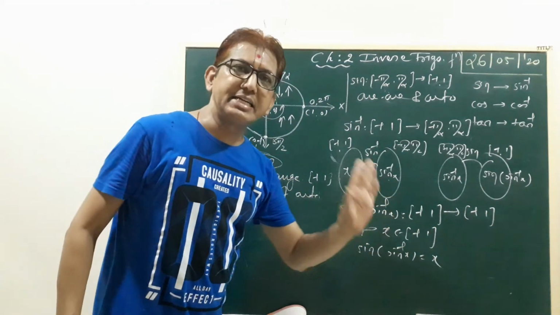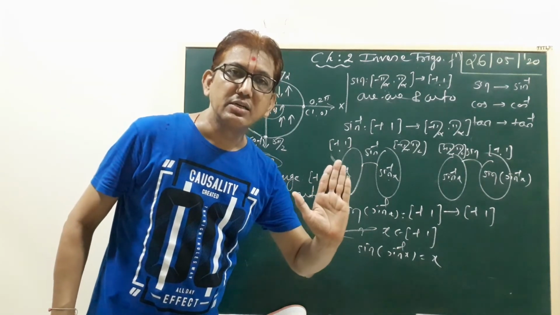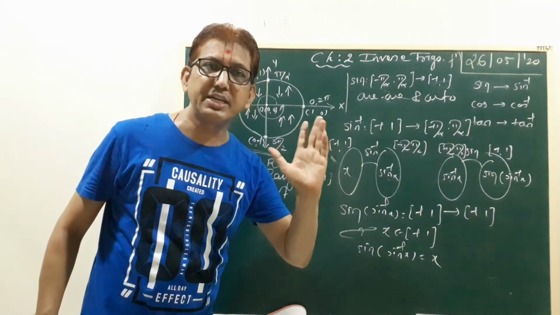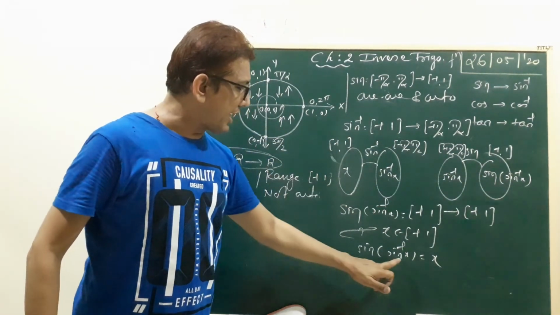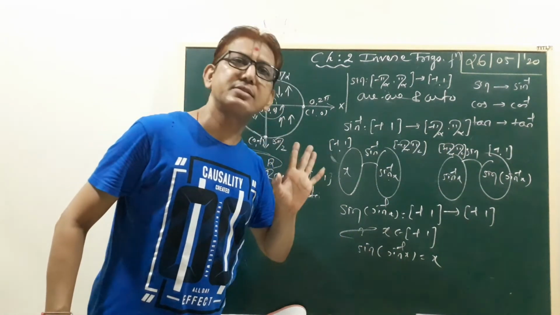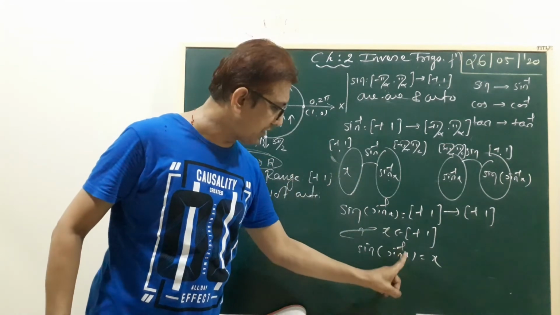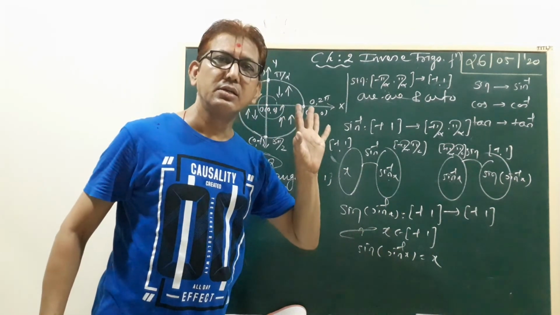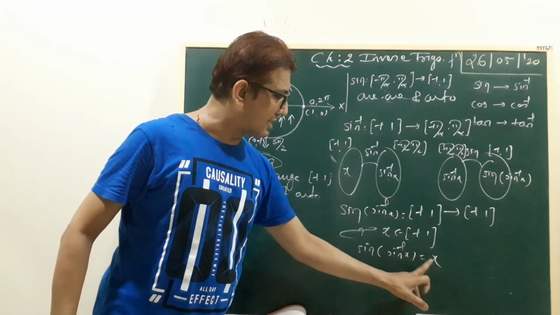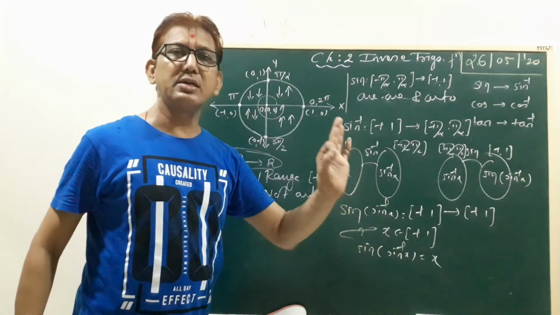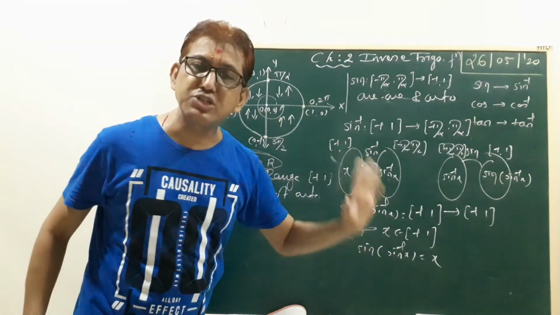These both are identity functions. Remember, identity function. What is the meaning of identity function? If the domain and codomain are the same and we put value x here, the answer is also x. If we put here x, the answer is again x. Same value. So when domain and codomain are the same and we put value x, the answer is again x, it is called an identity function.